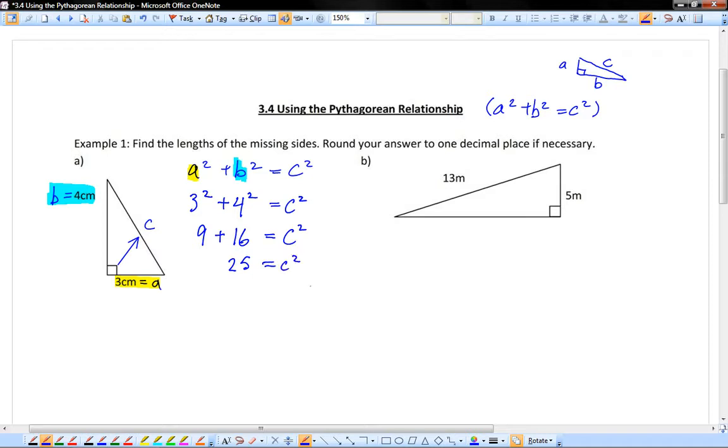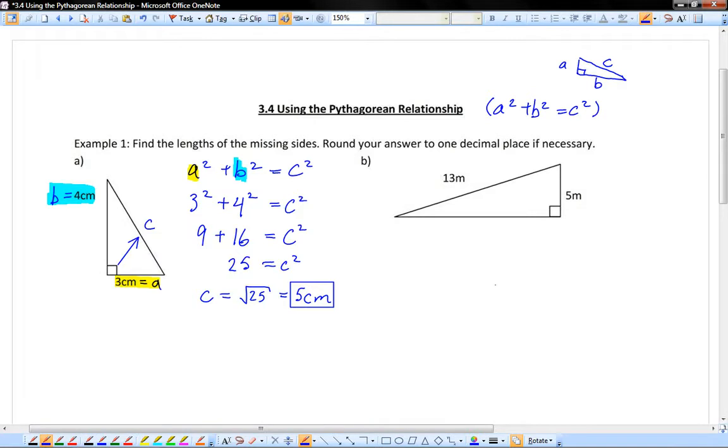So when I'm thinking of a number that squared gives me 25, I'm thinking that's 5. The way that you can get that answer in each case is to take the square root. So taking the square root of 25 gives me 5 centimeters, and that is my final answer for the length of the missing side. Let's do that again for example B. This time we have